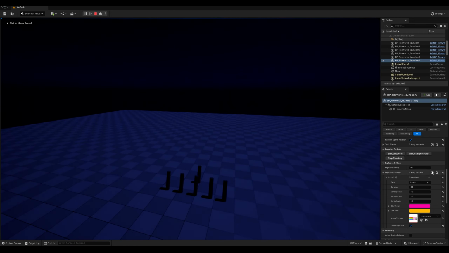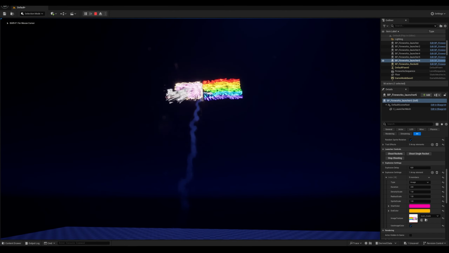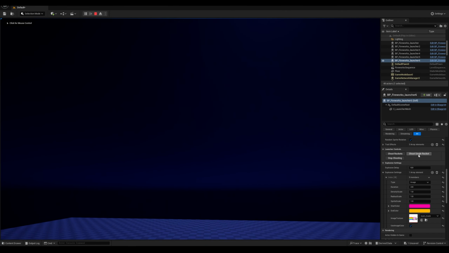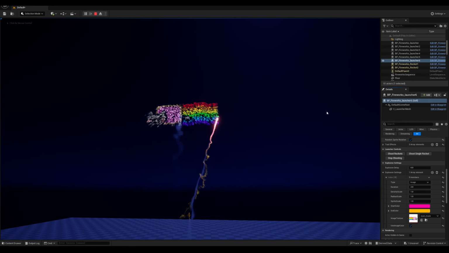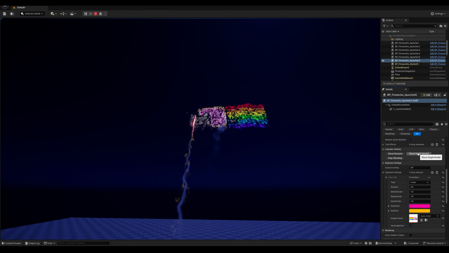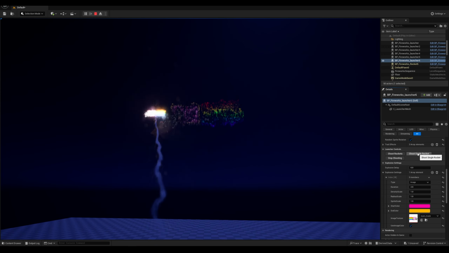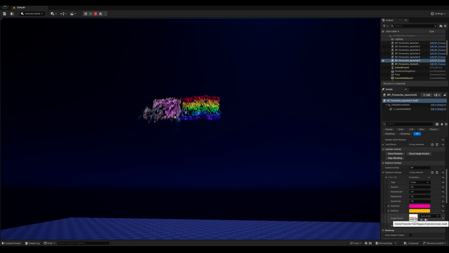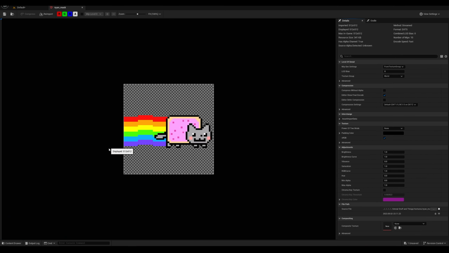And shoot a rocket, and there's our cat. Yay! Doesn't look too bad. We can maybe increase the density a little bit and whatever, but I don't know if you guys have noticed something with this image. Let me open the original one, and here we have our neon cat flying towards the